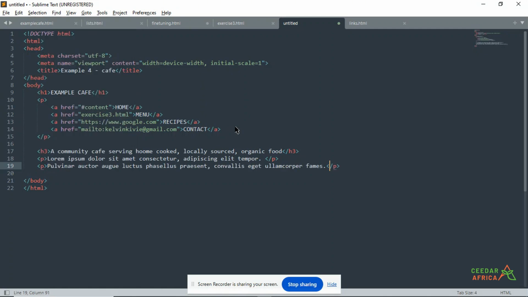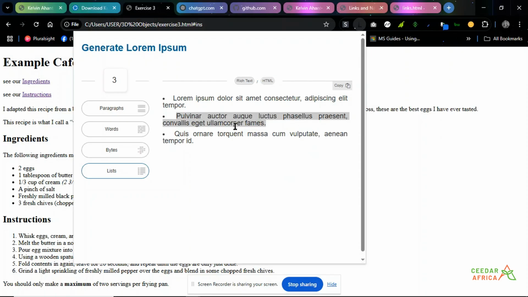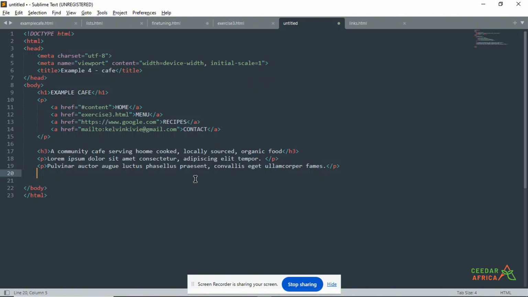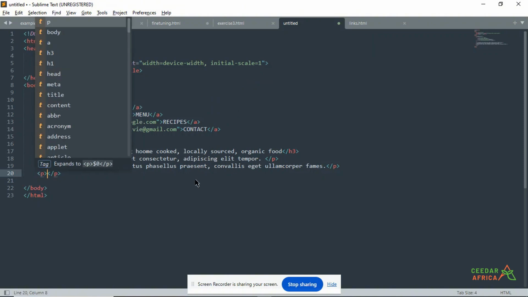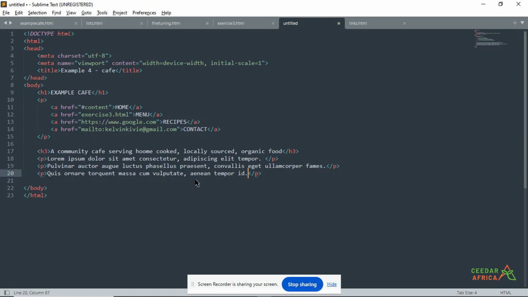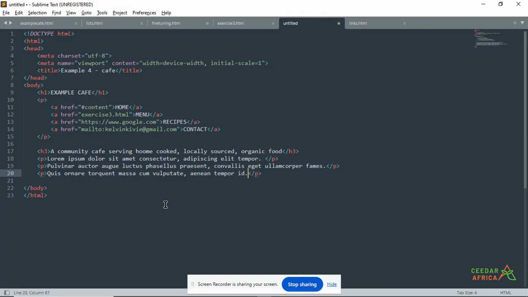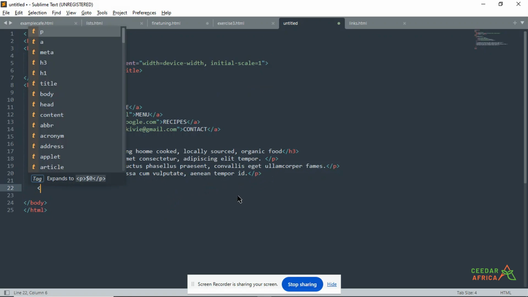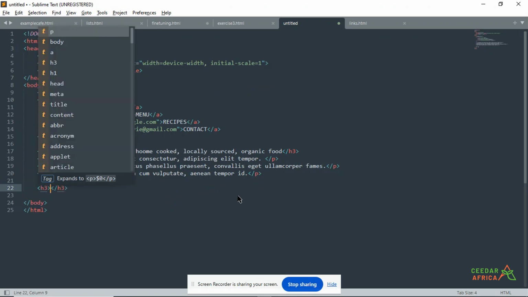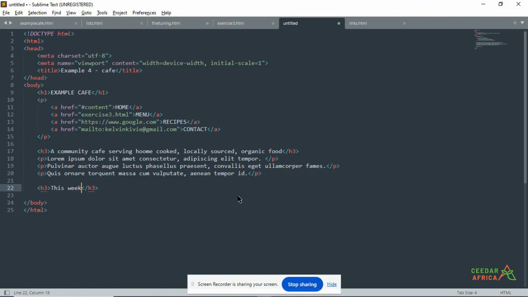No, there's an easier way to do this. You can also use the break tag, put all of them in the same paragraph, then use the break tags to make them come down. Any way you choose to do it is fine. So we now have 3 paragraphs, then we have this weekend special branch. Okay, that's another heading. Weekend special branch,